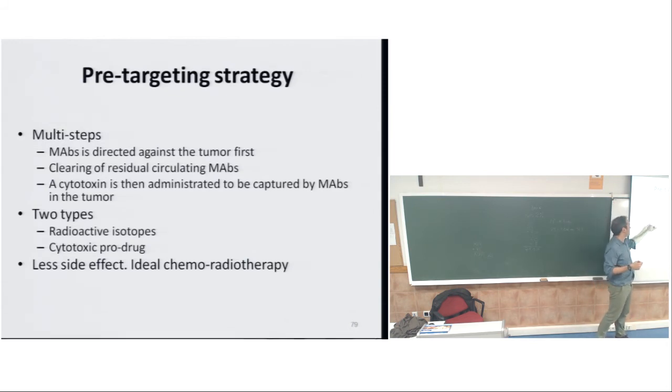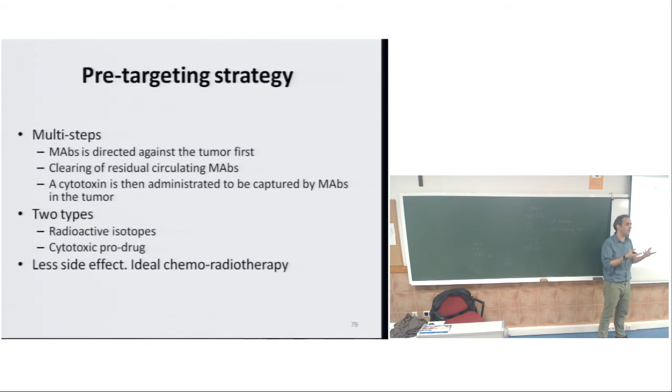So, what kind of toxin can we use? We can use either a radioactive isotope or prodrugs. But these two components, these toxins, will only be activated because of the monoclonal antibody. So it's the ideal chemotherapy. We don't have to give a drug to the whole body of the patient. This is crazy. That's what we do, but this is crazy. If you want to treat a tumor, go for the tumor, not for the whole body.